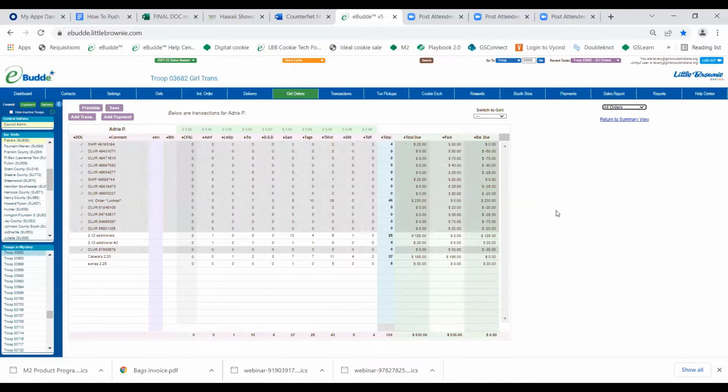Robin said, I cannot log any payments or orders. I keep getting the error message, you don't have enough troop inventory. Will you also send me an email so I can look at your troop inventory, Robin? That means that it thinks you don't have enough cookies, that you've over allocated cookies. So there might just have been